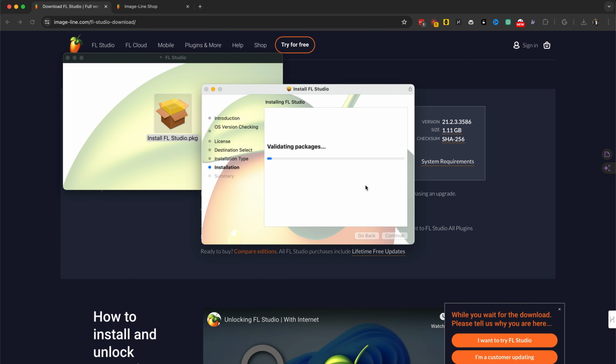And I'll show you guys how to install plugins too. So I need to write that to my list. As this is writing files, we're gonna skip ahead. If you guys are upgrading from older versions of FL Studio, no worries, it won't override your old FL Studio. It installs as a completely new app.